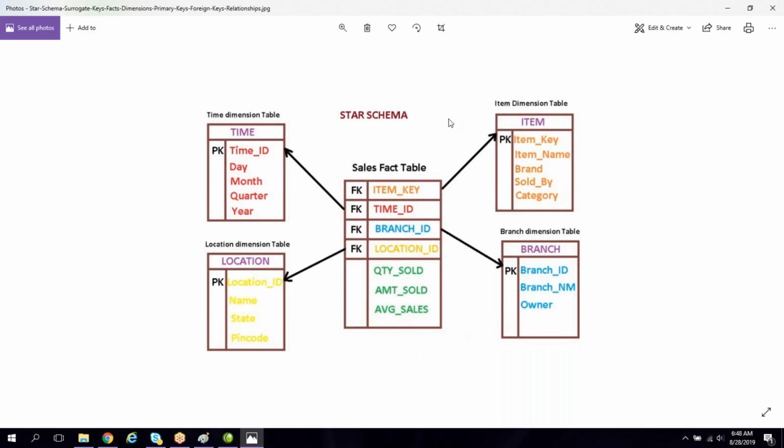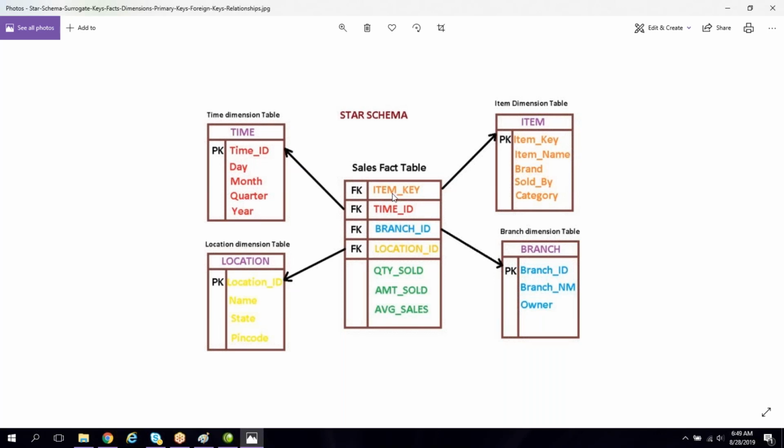So like this, all the dimensions you can see here have one key column, and apart from that we have non-measurable columns. Whereas the fact contains surrogate keys of dimensions, right? So foreign keys, surrogate keys of dimensions, means item key, time id, location id, branch id: all the dimension surrogate keys are present in the fact. In the dimensions, those keys are called primary keys. Here the same keys act as foreign keys in the fact table, so dimension surrogate keys act as foreign key columns.